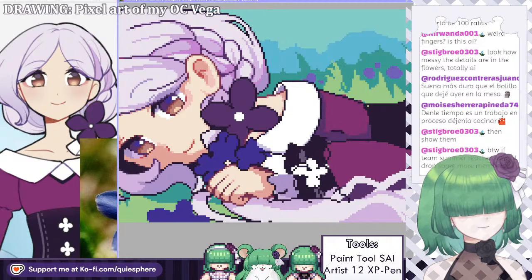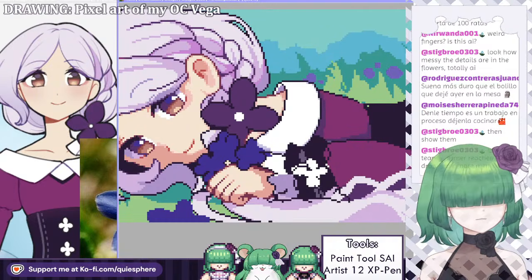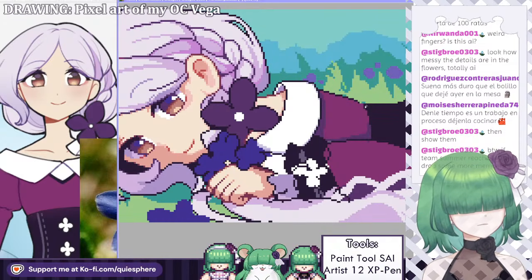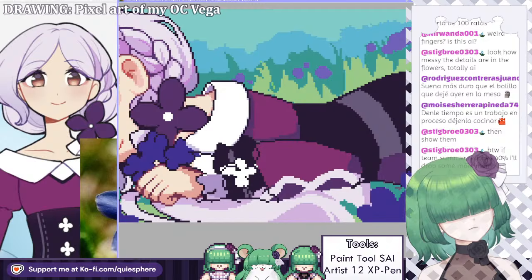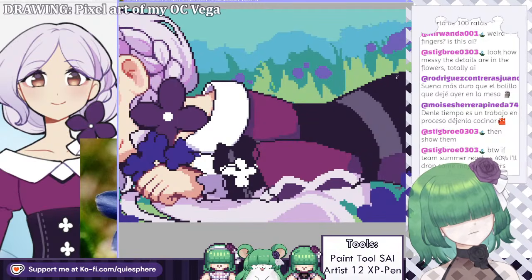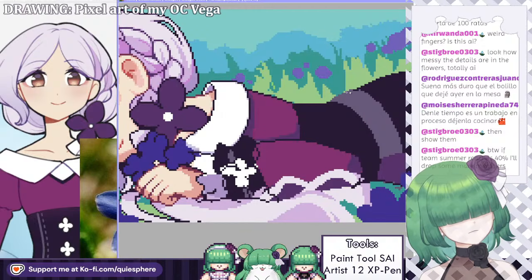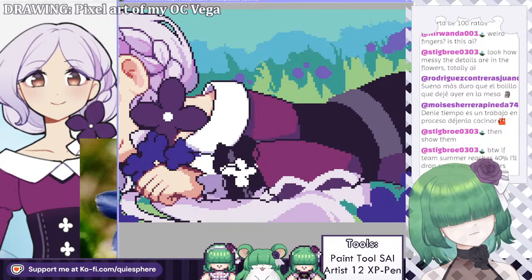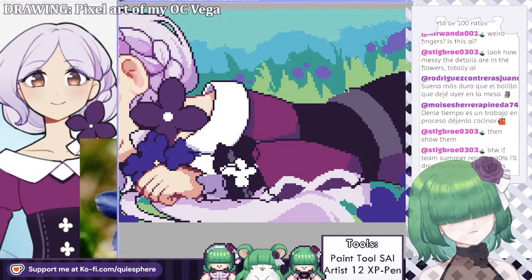There was still a bit of the old sleeve in there. Just clean up some more things. Make the belt a little bit, make it have a bit more volume.